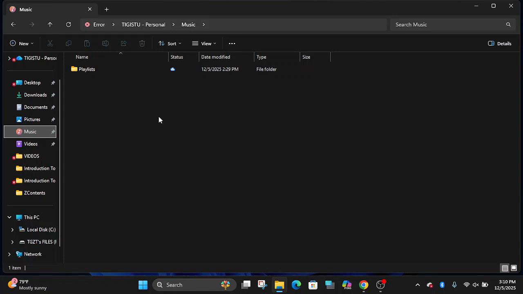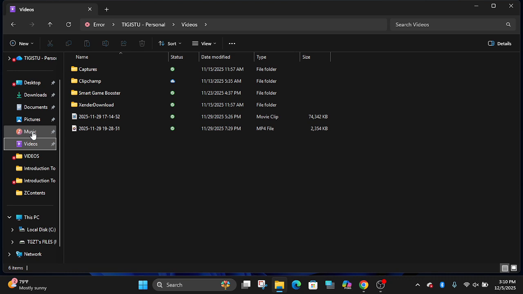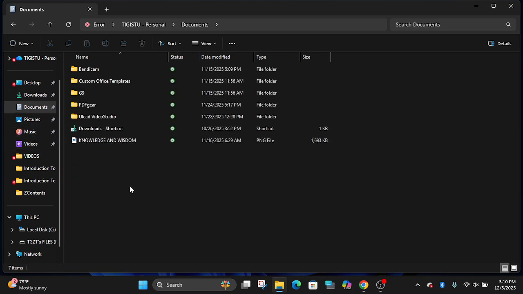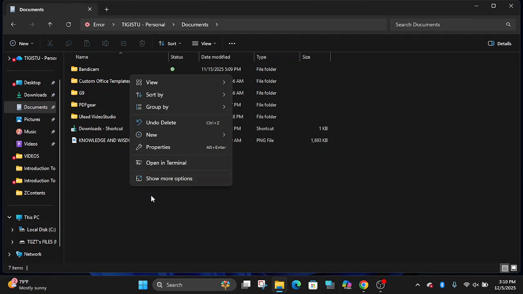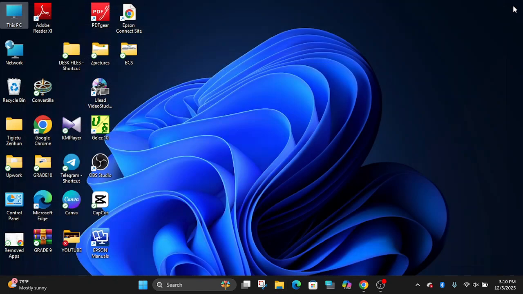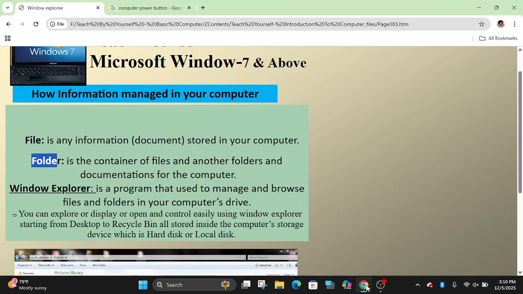We can create a specific folder, give it our name, and again organize each of the files by file type. Video with video, music with music, document with document, or by type of file also. Word with Word, PowerPoint with PowerPoint, Excel with Excel. How to create a folder, we will see in the next lessons. But you have to know first theoretically. We have to first develop our theoretical skill. Then things will be smooth or easy.